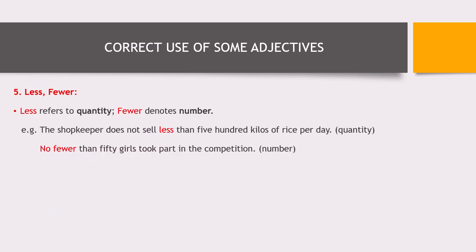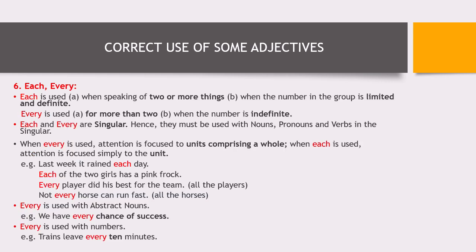5. Less. Fewer. Less refers to quantity. Fewer denotes number. For example, the shopkeeper does not sell less than 500 kilos of rice per day. Quantity. No fewer than 50 girls took part in the competition. Number. 6. Each. Every. Each is used,